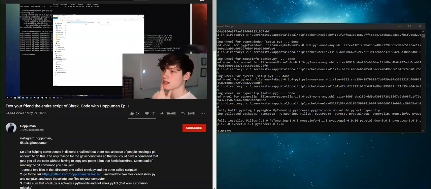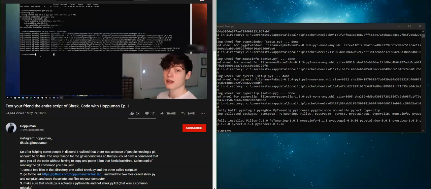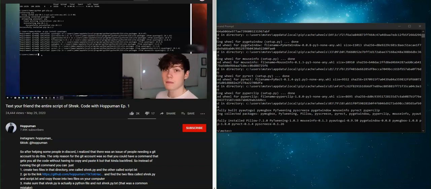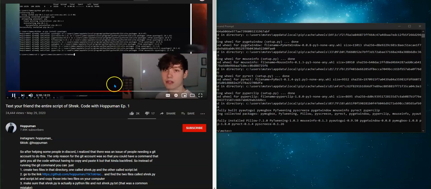In this case, I'm calling it TikTok demo. And I'm going to click to the right of this to copy the path. And then in that command line, I'm going to say cd space and then paste the thing we just got